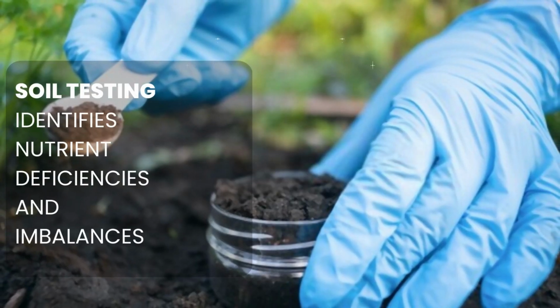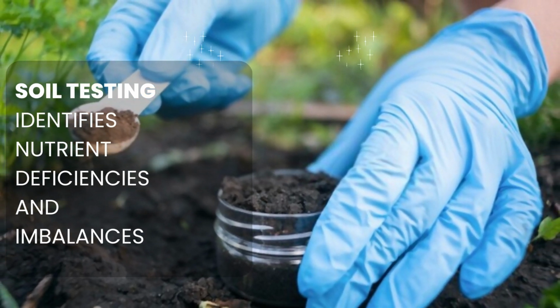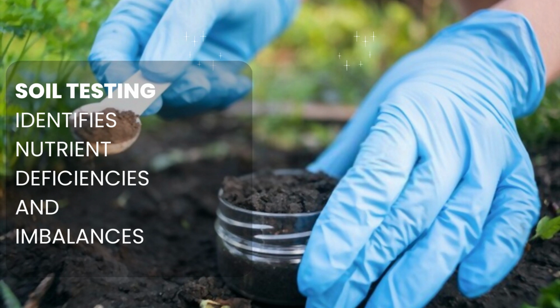Soil testing is an essential step in improving soil health and fertility in organic farming. By understanding the nutrient deficiencies and imbalances in the soil, organic farmers can make informed decisions about fertilization and other practices that promote healthy soil. Soil testing involves collecting samples from different areas of the farm and sending them to a laboratory for analysis. The laboratory will provide a detailed report of the soil's nutrient content, pH level, and other important information that can